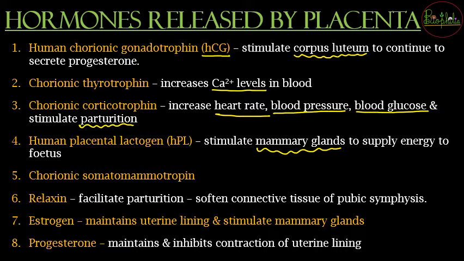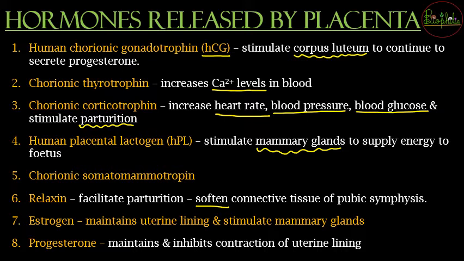Sixth hormone, that is relaxin. So all these hormones were stimulating something, but relaxin is going to facilitate parturition. So during the parturition, that is, when contractions are happening of the uterine tissue, the cervix, the vagina, all those times the connective tissue needs to get softened, and even the pubic symphysis region needs to get softened so that the delivery is going to be smoother. So to relax and to soften those connective tissues of the pubic symphysis region,